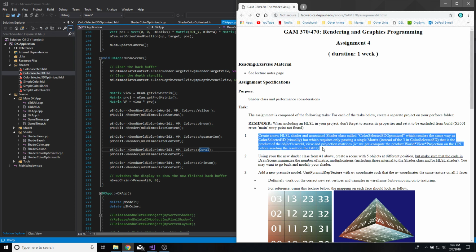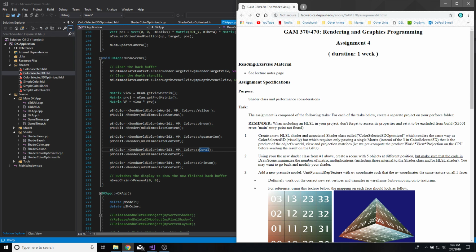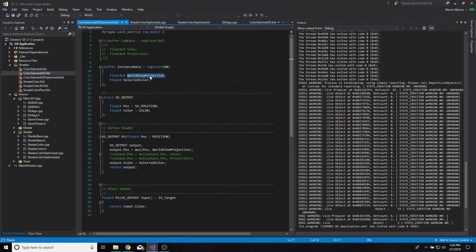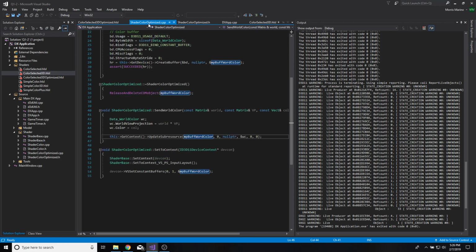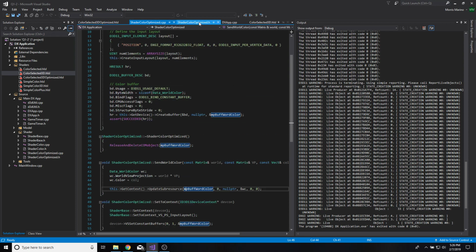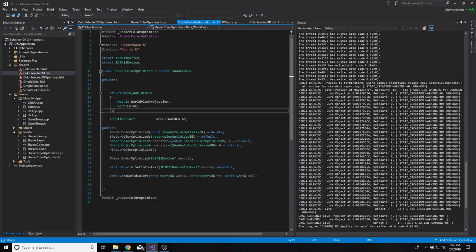We'll just jump right into the first question, where I had to create a shader, the optimized version of the color select 3D, which is here. So instead of putting in a separate constant buffer with a view and projection, we now just put in a world view projection matrix, or float 4x4 in this case, which in the shader I created for this looks like this. You got your one data structure here,